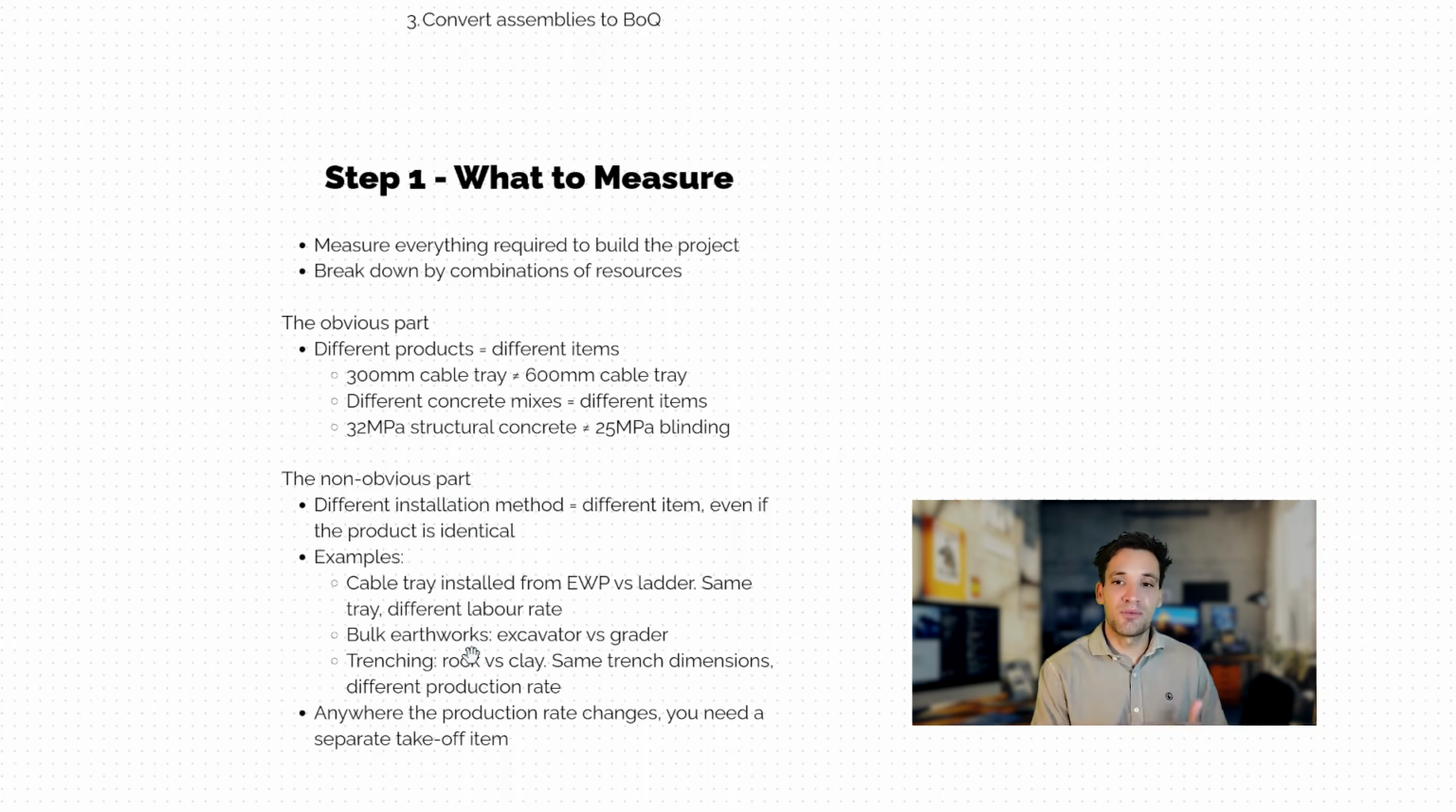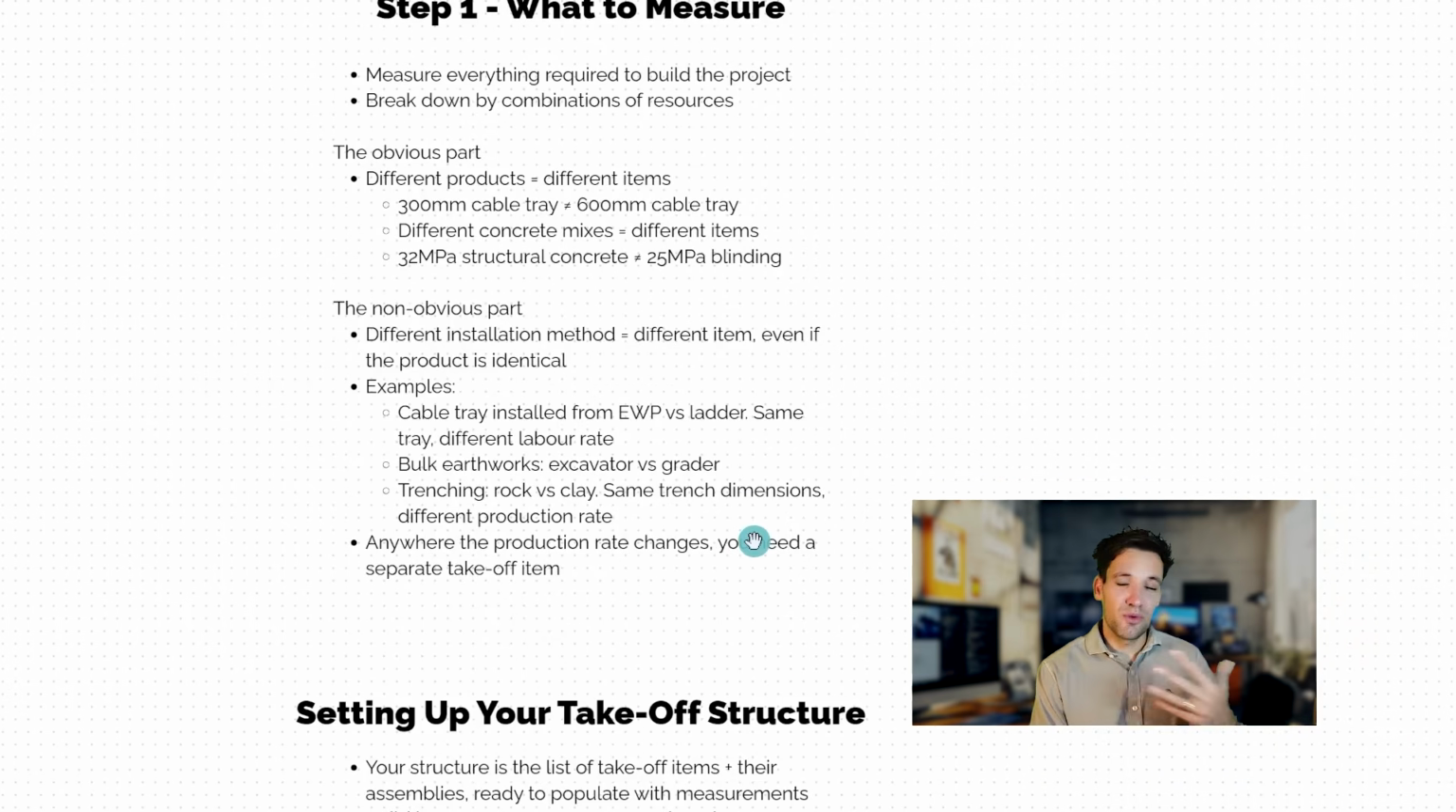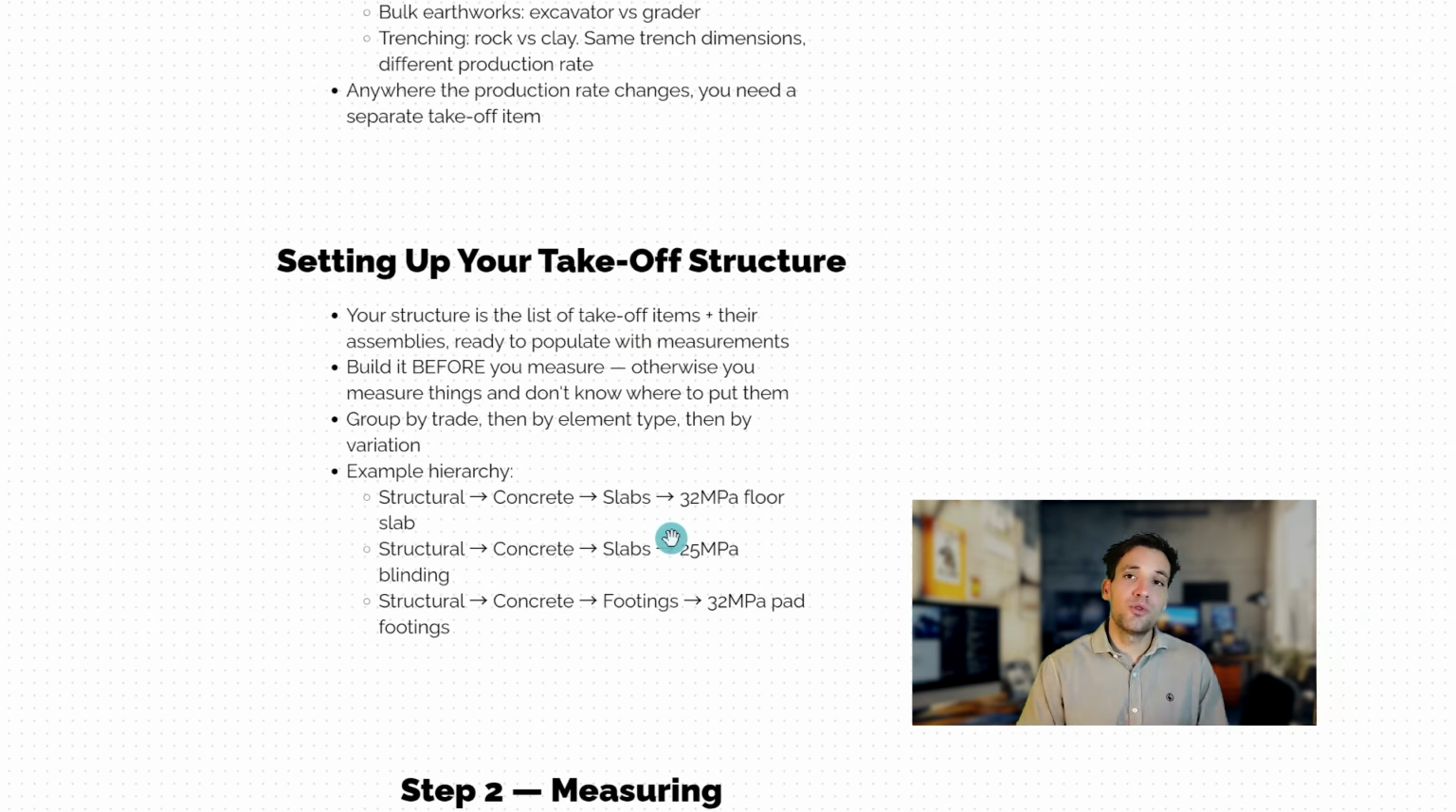We might have different types of plants, or we might have trenching where it's the exact same type of trench, but in some areas of the project, there's more rock, and in other areas, there's more clay. So we'll have different productivity rates. So the first step, before you actually start measuring anything, would be to go through the entire set